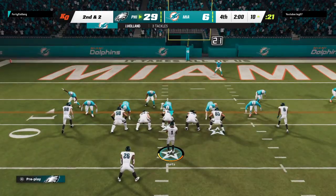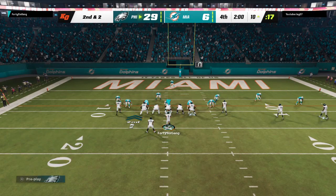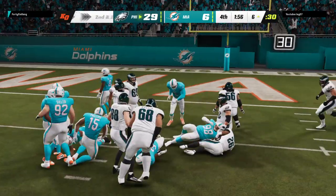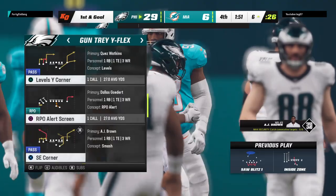2nd and 2, first down marker at the 8. Sanders here as they run out of the gun. And he's going to be brought down just shy of the 5 at the 6. 4 yards on the play, and then